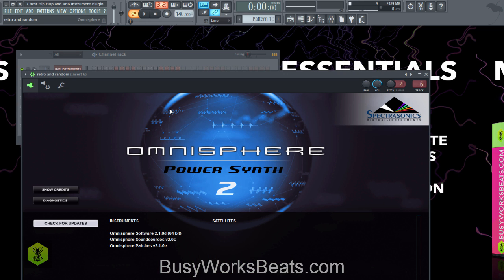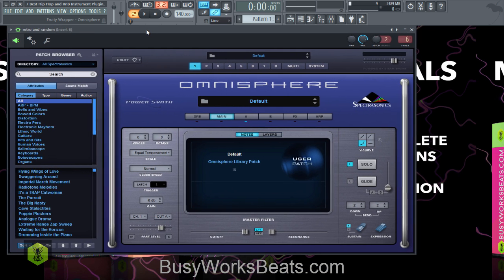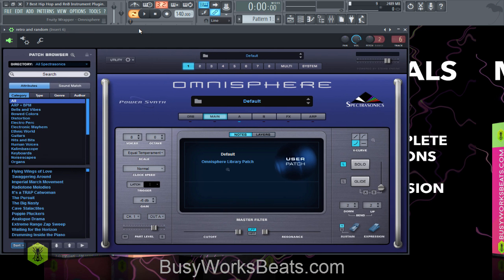So Omnisphere 2 does a lot. Some people mix it up with a sampler, as in it's only a sampler, and some people mix it up as only a synth. It's actually both. It's a sampler in the fact that it has sampled sounds in it. By sampler, I'm talking about live instruments like piano, strings, guitar, organs, different things. It does have those samples of those live instruments, but it also does a lot of work with synthesis.